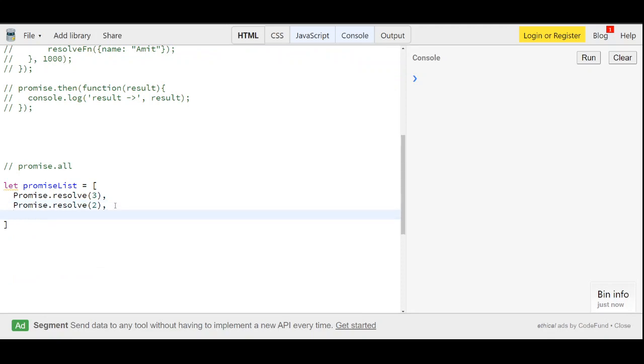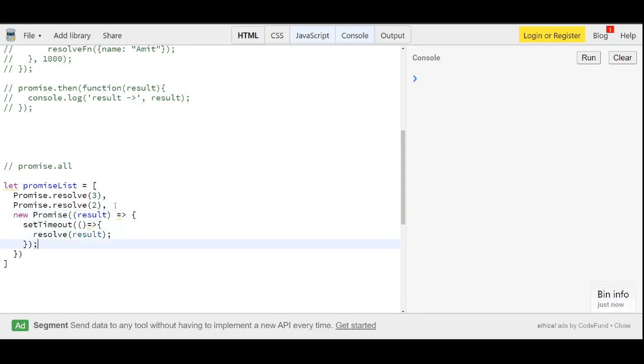I'll create a new promise. Right now I'm using arrow functions here, setTimeout and console.log, or resolve, right, resolve data or result.